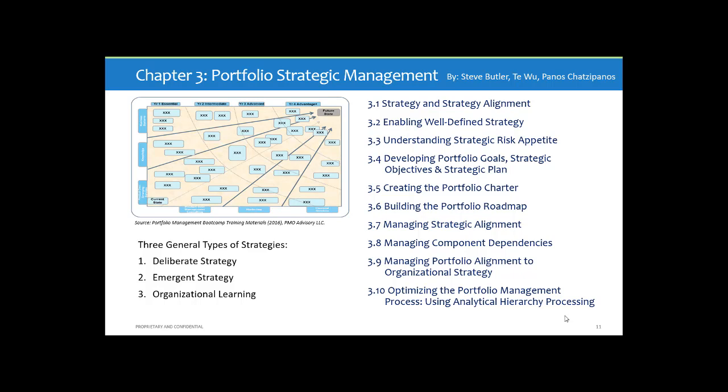Now, a variant of the emerging strategy, but it's worth calling out as its own particular general type of strategy, is organization learning. In organization learning, there are multiple feedback loops. Not only when you didn't quite achieve the goal and you tried again or improved the way, but in multiple areas of the strategy, it may very well go back and ask, is it the right strategy in the first place? So you get into a first order change, second order change, possibly a tertiary, a third order change,